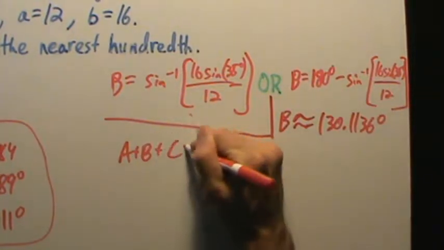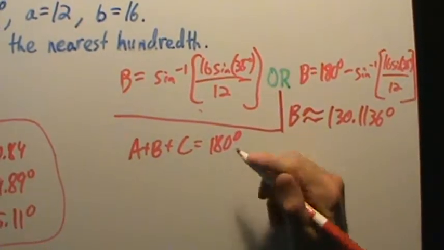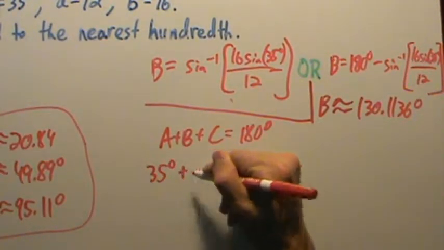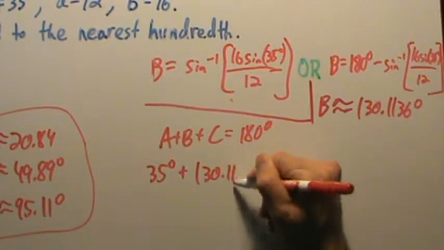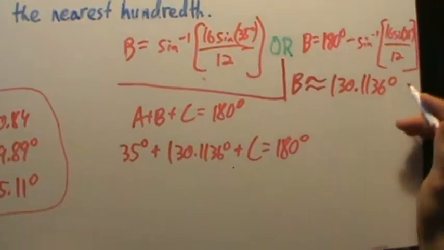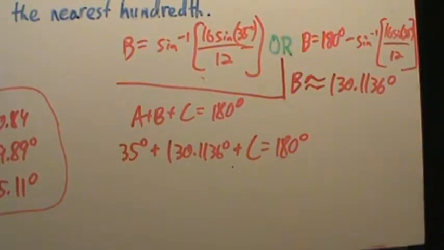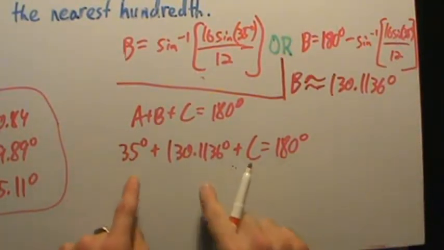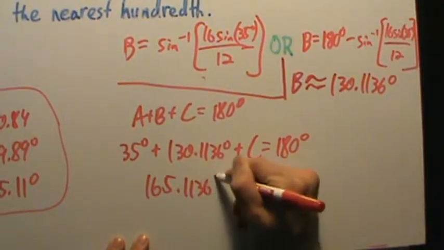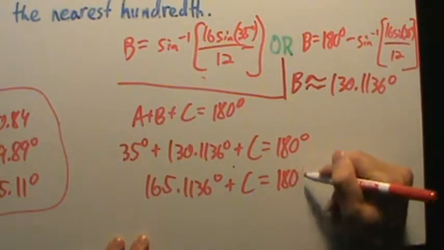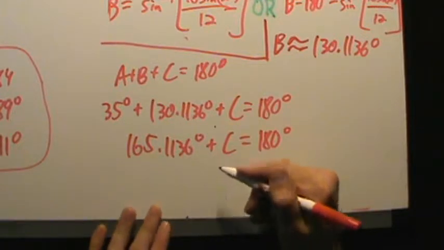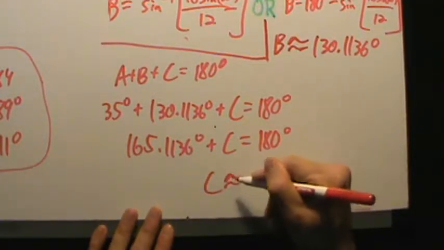A plus b plus c equals 180 degrees. And here we have more room, so we can do a little more work here. 35 degrees plus 130.1136 degrees plus c equals 180 degrees. Now just solving this for c, so add these two together, and we'll get 165.1136 degrees plus c equals 180 degrees. Subtract this from both sides, and we get c is approximately equal to